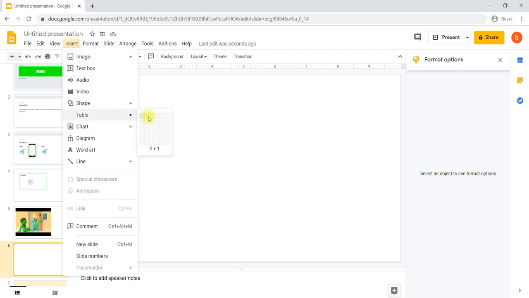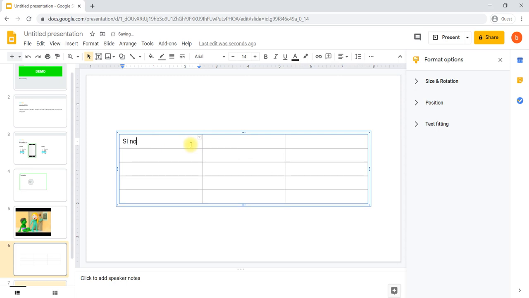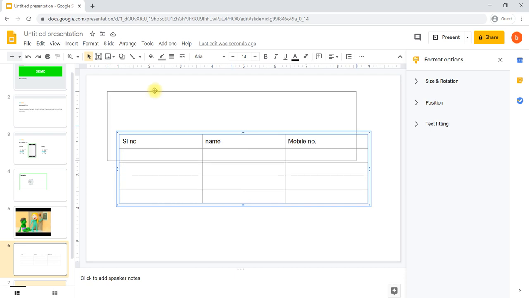There we have to select how many columns and how many rows we require. You can select that many columns and rows, then click, so that much rows and columns have been inserted. You can say the first column is serial number, the next one is name, then the third column is mobile number. Like this we can place, and we can click here or select and drag wherever you'd like to